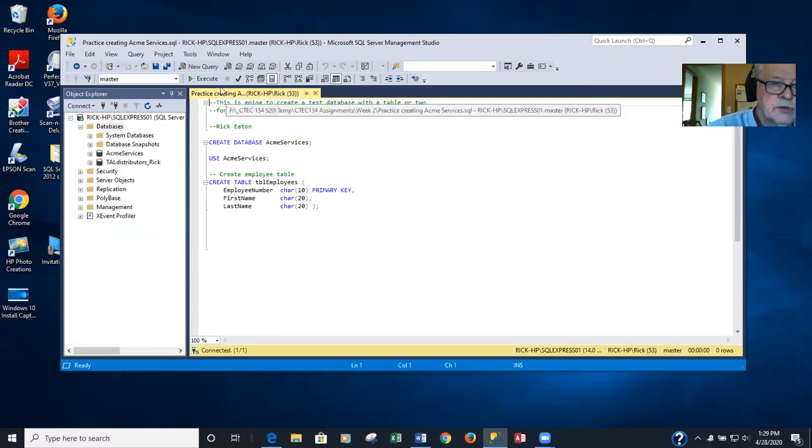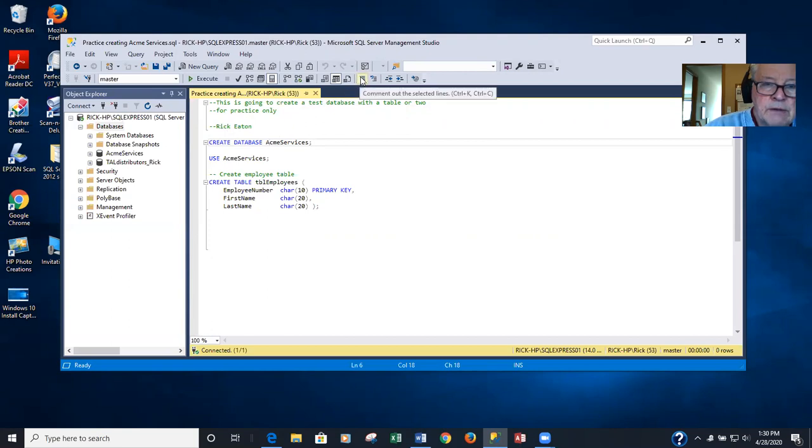If I just executed this right now by clicking the execute command, SQL Server will ignore these first few lines because those are comments, and it will try to execute create database Acme services, and it will fail there because that database already exists. And so I don't really want to run that command. So I think what I'm going to do is, for right now, comment it out